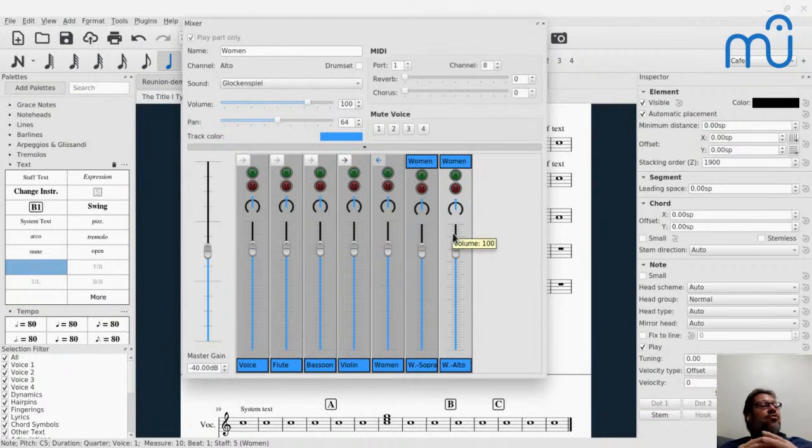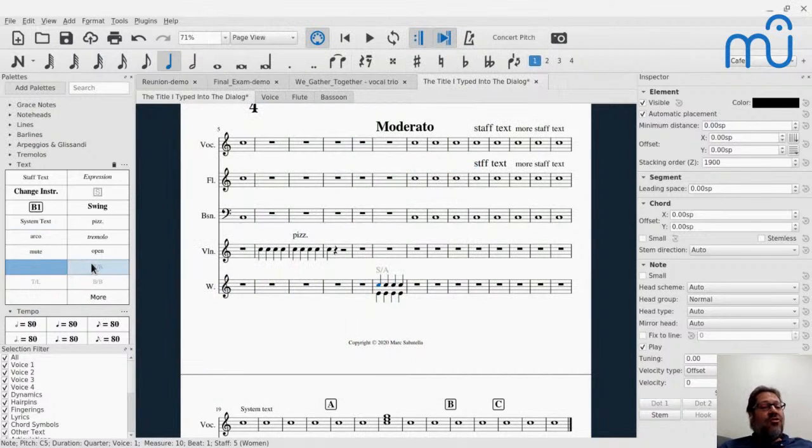So that especially if you're trying to use MuseScore to help you learn your music and you want to learn the alto part, that'll give you independent control of the volume of the parts. Or you could mute. Well, you can do that already, is just mute voice 1 or 2. You don't need the special sub-channel business. So anyhow, those were special text elements, but these are still just ordinary text. They're staff text elements. The change instrument is kind of cool because it literally will change the instrument.